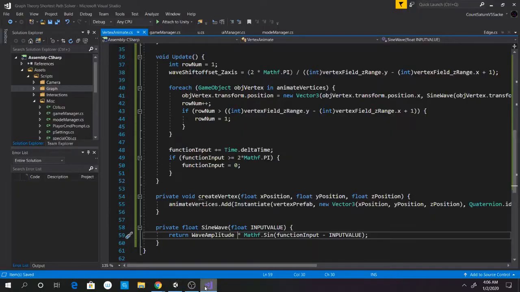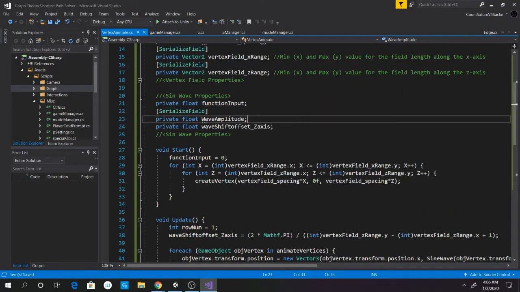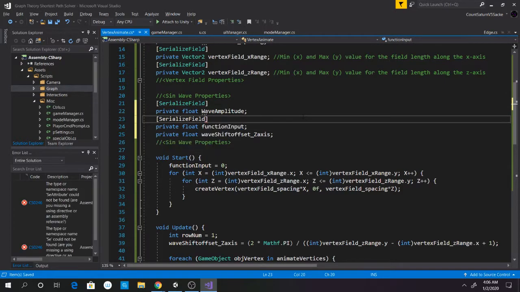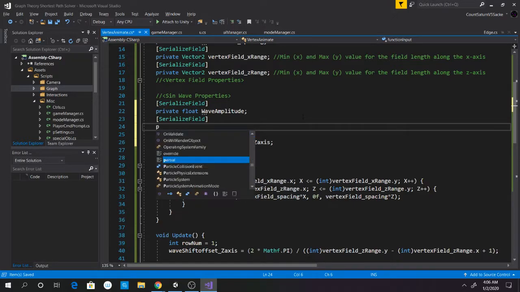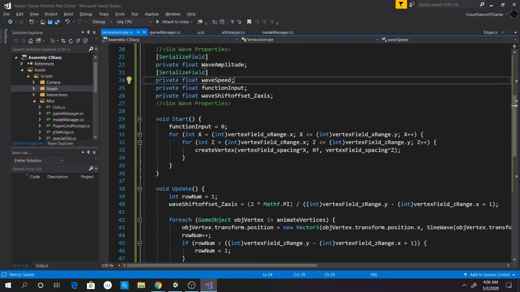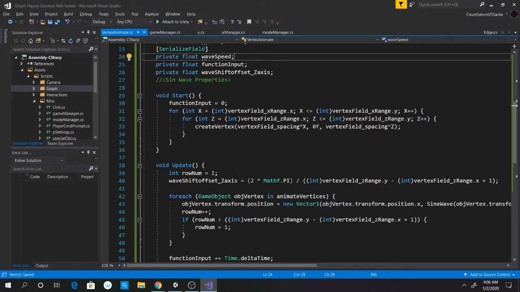Okay, I also might want to have another serialized field. This is a private float. This is going to be the wave speed. Yep, and with that, we basically multiply that by our